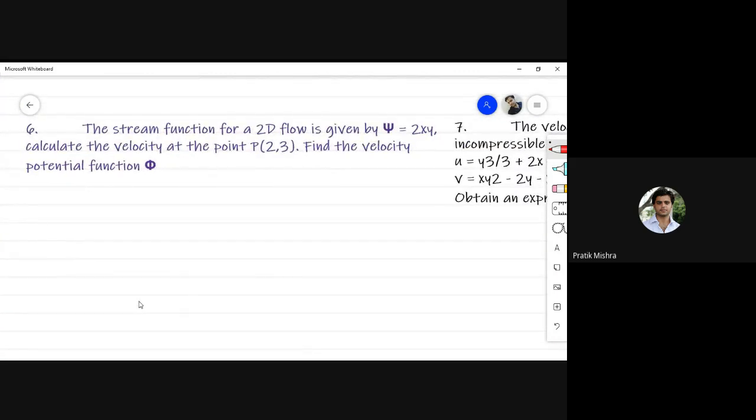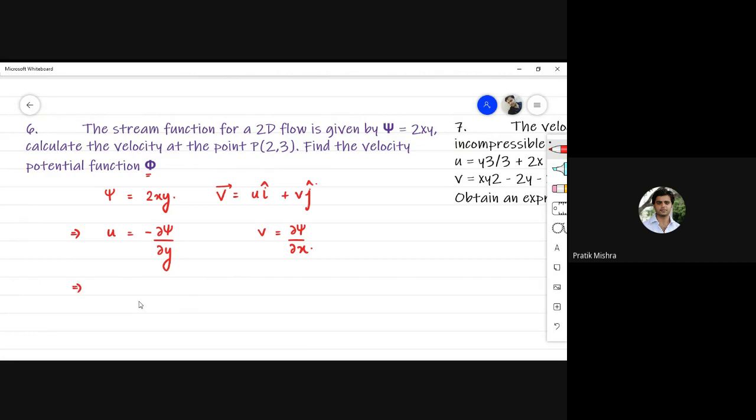नेक्स्ट क्वेश्चन भी हमारा सिंपल है। द स्ट्रीम फंक्शन फॉर अ 2D फ्लो इज गिवन एज 2xy। कैलकुलेट द वेलोसिटी एट द पॉइंट P एंड फाइंड द वेलोसिटी पोटेंशियल फंक्शन φ। अब आपको ψ दिया हुआ है, ψ इज गिवन एज 2xy। सबसे पहले आपको वेलोसिटी निकालना है एट पॉइंट P। सो आवर वेलोसिटी वेक्टर v can be written as u times i cap plus v times j cap। So this u is equals to minus ∂ψ/∂y and v is ∂ψ/∂x।